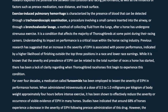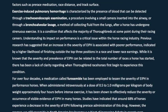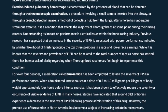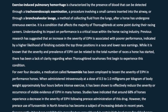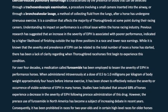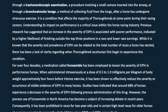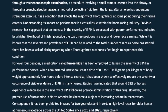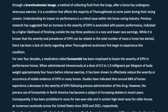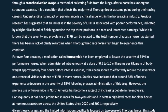Previous research has suggested that an increase in the severity of EIPH is associated with poorer performance, indicated by a higher likelihood of finishing outside the top 3 positions in a race and lower race earnings. While it is known that the severity and prevalence of EIPH can be related to the total number of races a horse has started, there has been a lack of clarity regarding when thoroughbred racehorses first begin to experience this